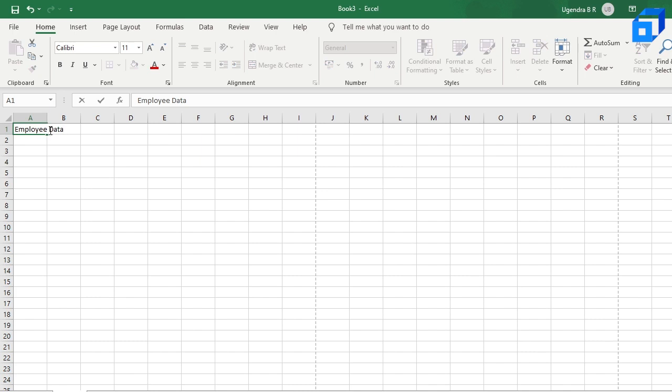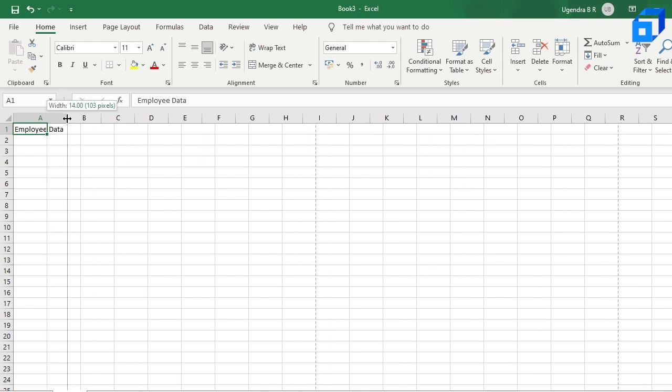Now, as you can see, that data seems to be moved to the B1 cell. That's not the case. It seems like it because employee data does not fit in the A1 cell. So you can increase the size of the cell by going between A and B and then clicking over there and moving the cursor.